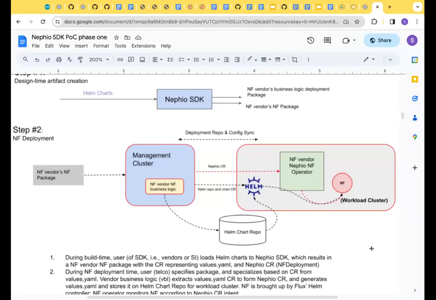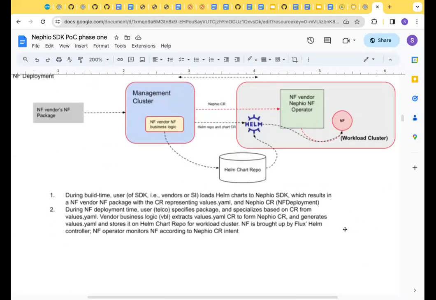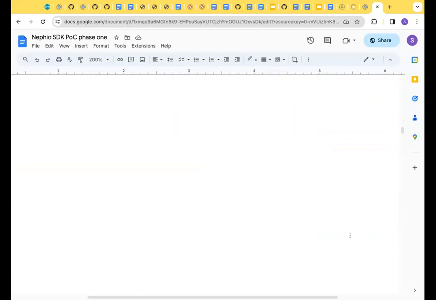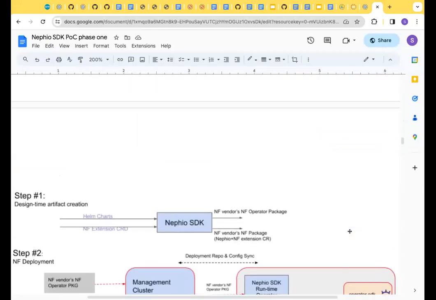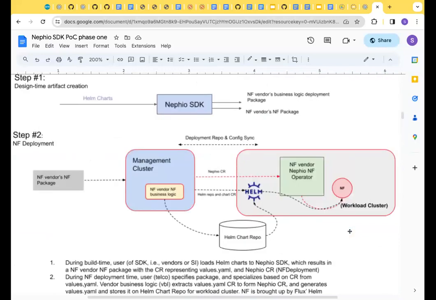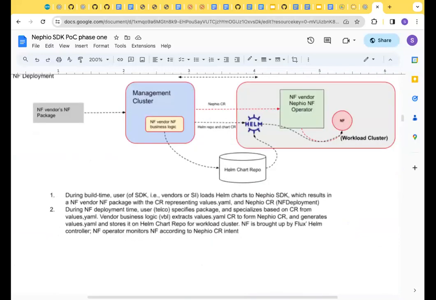Yep. So that's what I would probably advocate. One thing is that from the values YAML perspective, everything needs to be generated in the management cluster, right? In the management cluster, yeah. Values.yaml pertains to Helm, which ties up with day one, and we don't see any day one operations being